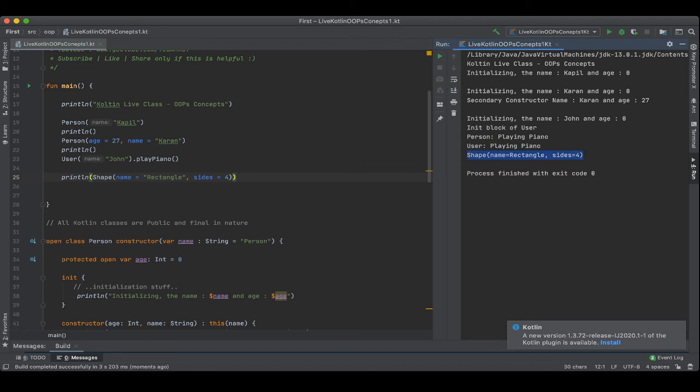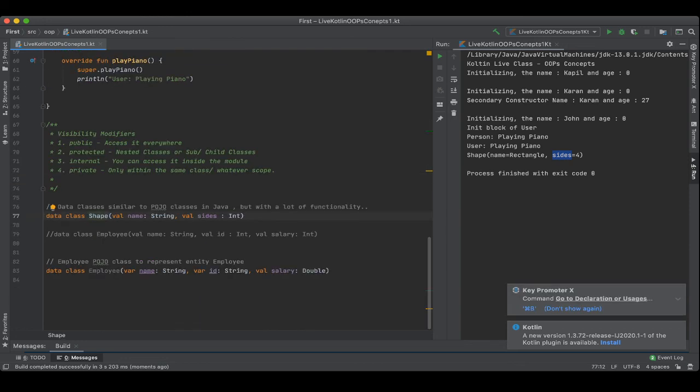So it just has a toString function which is overridden, and it is converting this object into a string by default for us, and it is printing the name, the sides, all the parameters. So if I go ahead and call that toString method, it is not really necessary to call it because by default it will be called. So let's see what exactly is the toString method. Let's try to see if we can find that